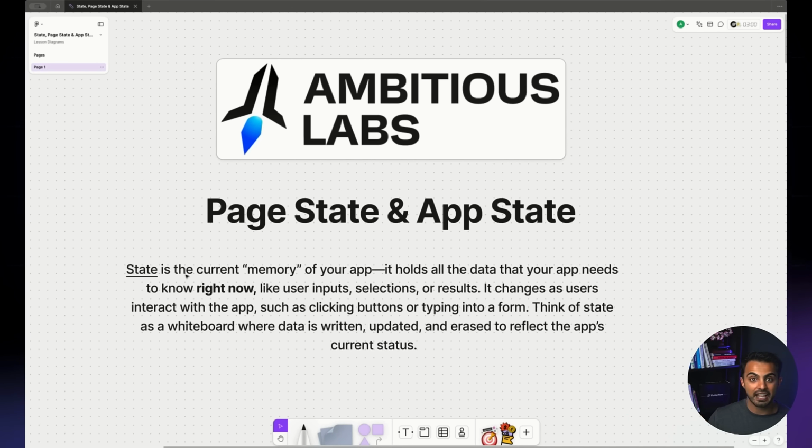So think of state as like a whiteboard or a brain where you can write data temporarily. It stays there, it's written, and only until you erase it yourself, it will stay there. So you can write, update, and erase data in like a mini brain or a mini memory store in your app. Think of it as a really quick and easy memory that you can use to keep track of things. So let me show you a real brief example using an app called DoorDash, a food delivery app.